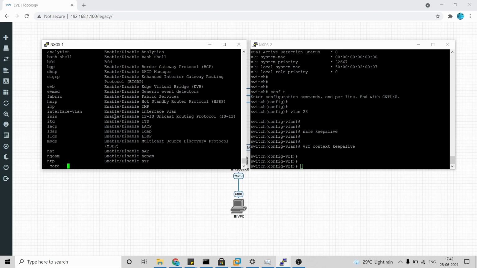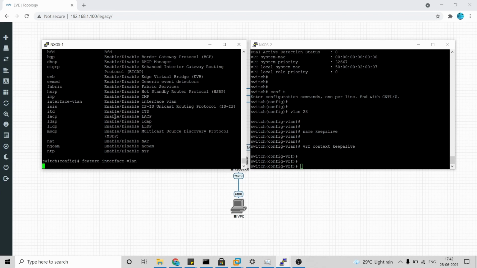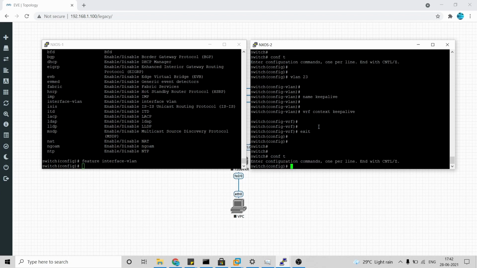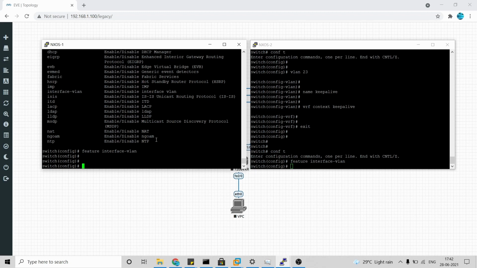We'll just enable the interface VLAN on both the devices. That's done, so now we'll move on to the configuration.